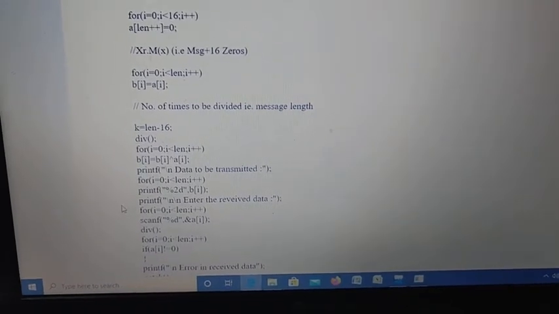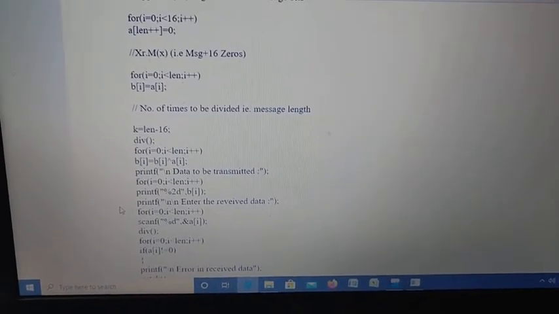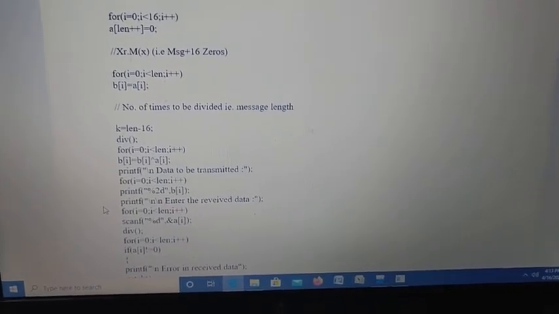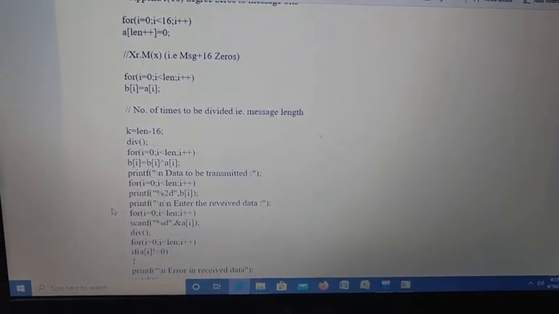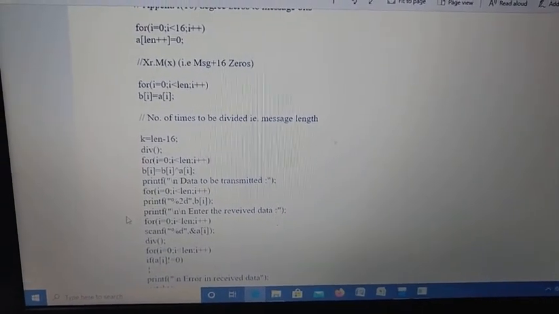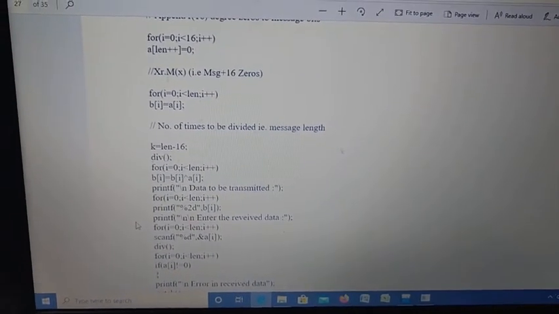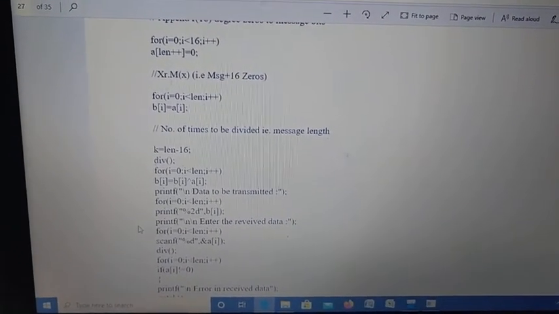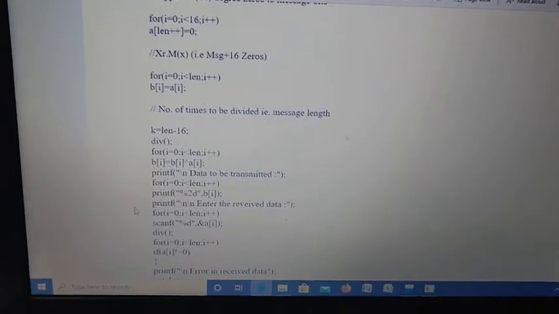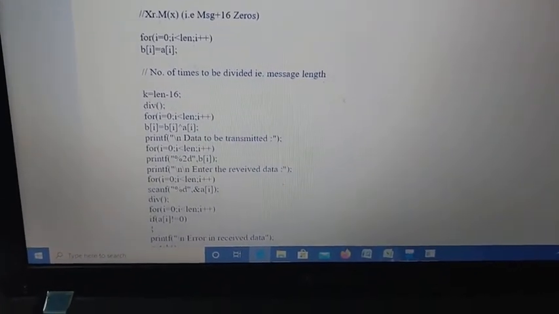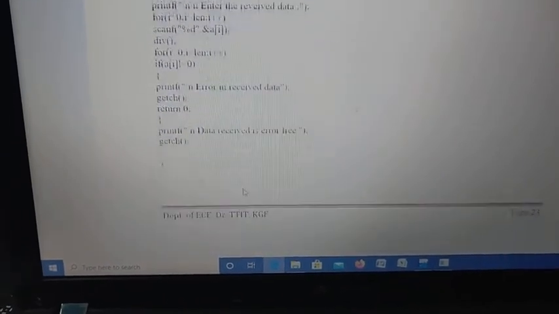Suppose the loop is executing for the first time, the i value is 0, and 0 is less than 3, so it takes b of 0 and b of 1 memory locations. Next, for i value 1, it again takes 2 locations. So the double integer operation %2d is performed so that the complete data to be transmitted is fetched after the calculation.